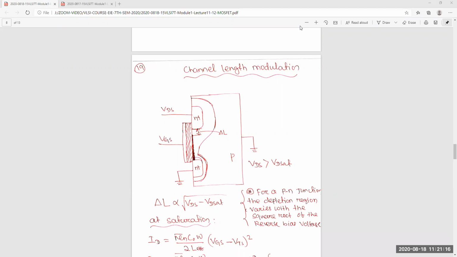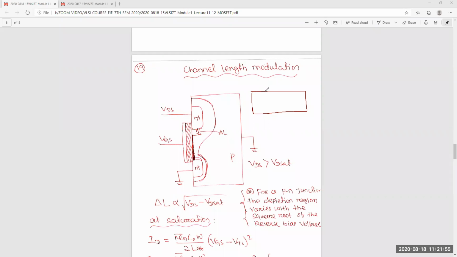Actually in a BJT, you know, there are two junctions, the emitter to base junction and the base to collector junction. The emitter base junction is forward biased and the base to collector junction is reverse biased. Yes or no? That simple thing you should know. When you increase the voltage in the reverse direction, the reverse voltage will increase. What happens? The depletion region will increase or not? Yes, sir.